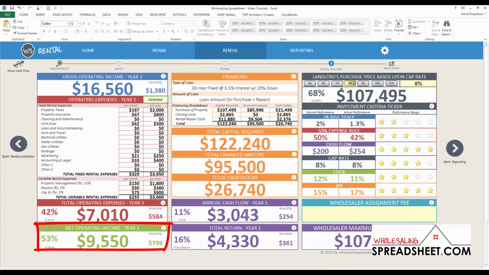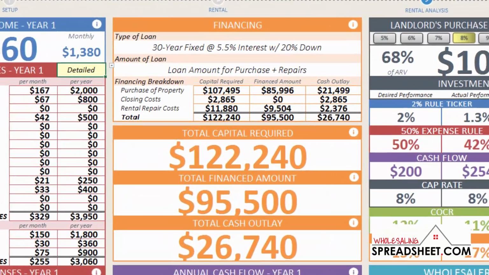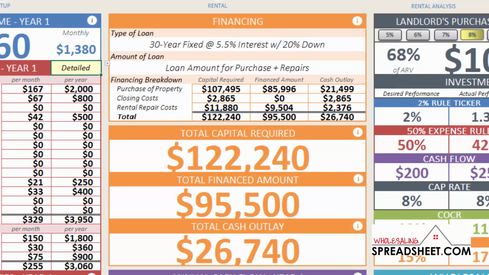Net operating income is the net income the property will generate after deducting operating expenses. The financing section highlights the loan amount, the down payment amount, and term of the loan that are anticipated to finance the property. The rental calculator then uses these financing terms to calculate how much capital will be required to finance the property acquisition, closing costs, and repair costs, and determines how much cash will be required to finance the